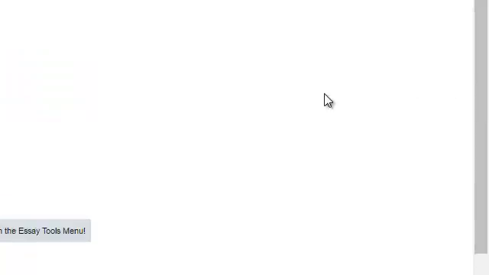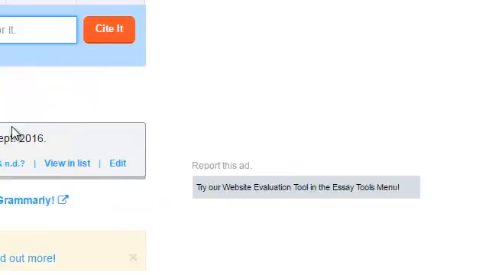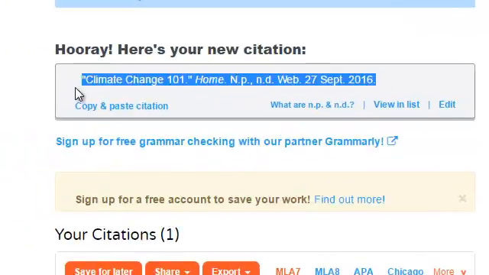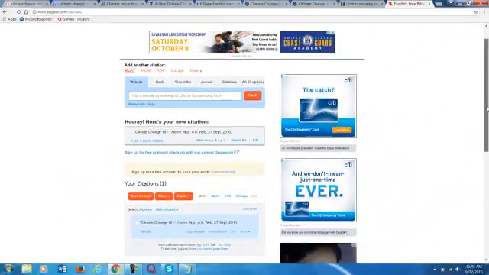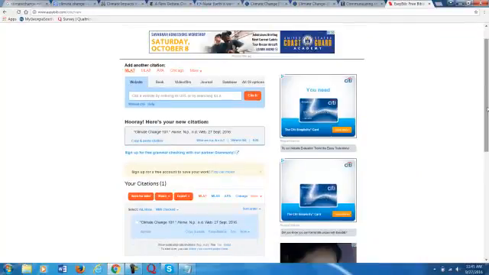And then you would just create the site, and I would copy and paste it into my reference page. Or actually, it does fill in NP and ND for you for this one. I didn't notice that before. I've been putting those in myself.